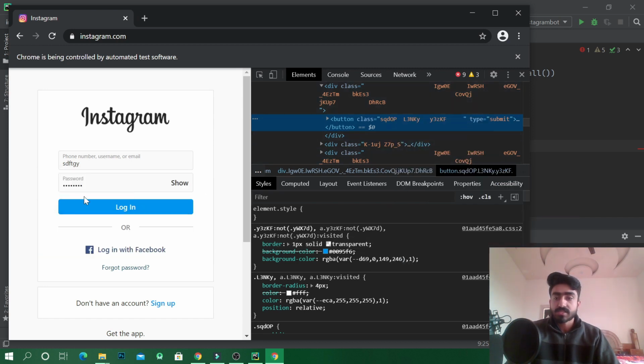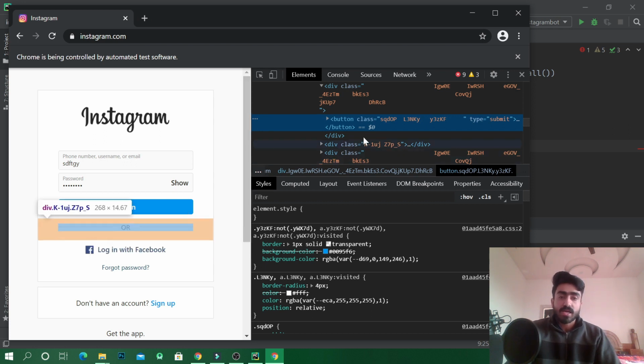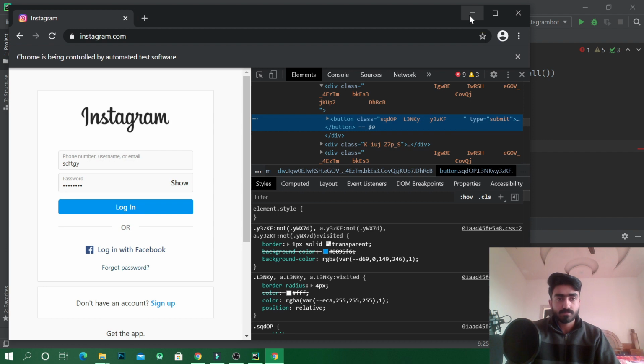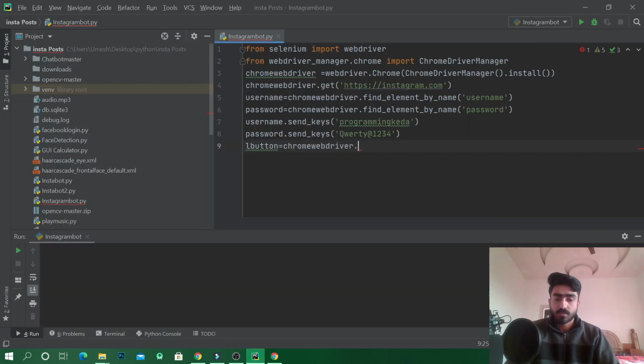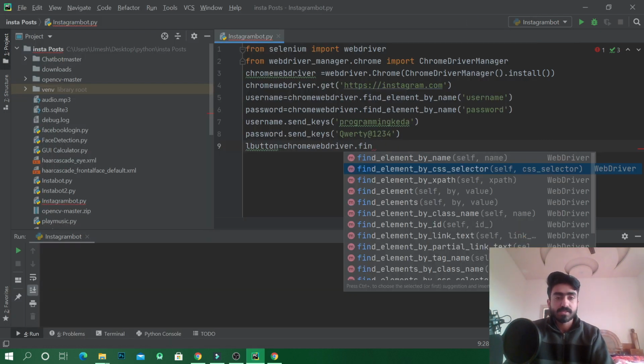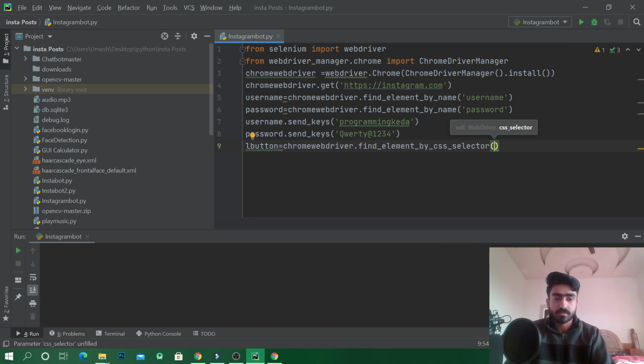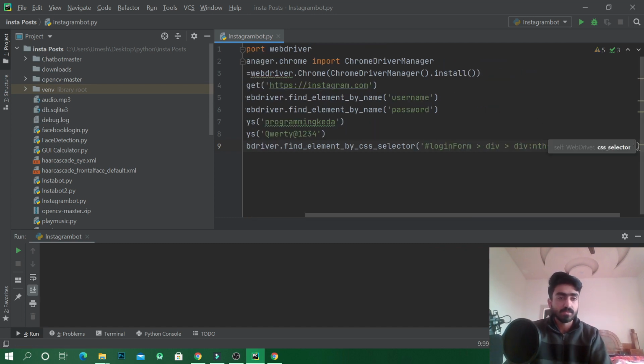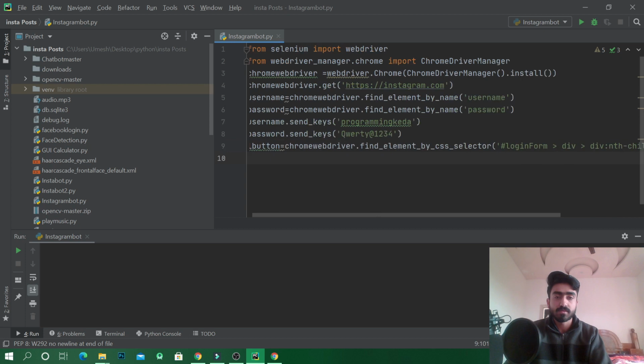This will select the CSS selector of this login button. We use this selector if the name and class of the element is not available, not known to us. Find element by CSS selector, and we'll paste here the CSS selector we copied.